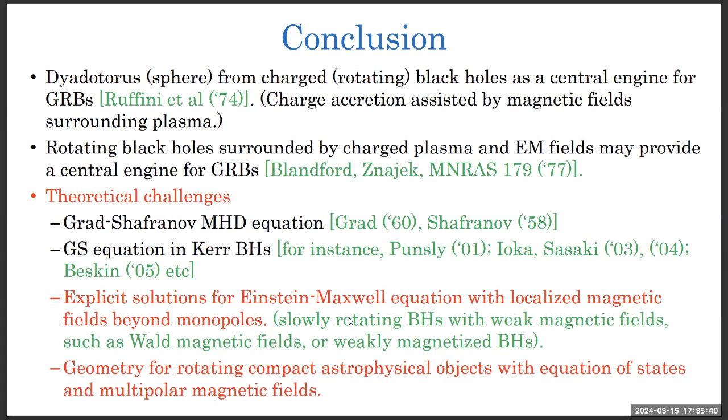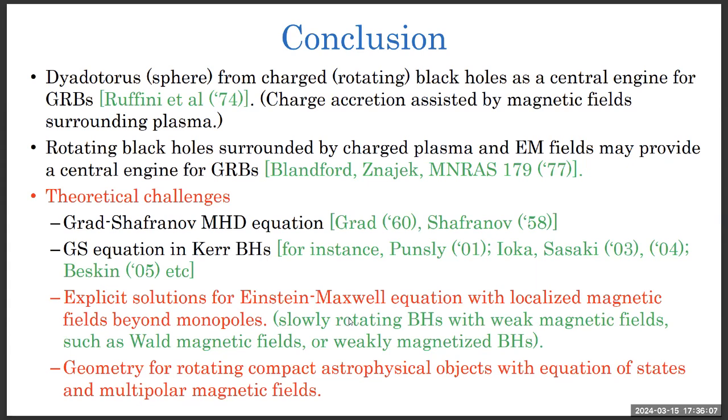It will be great, even greater than the Kerr-Riemann black hole solution, to have an analytic or explicit solution for the Einstein-Maxwell equation with localized magnetic field or electric field. Astrophysicists need this solution, because without it there is just approximation, the weak field limit, which is only an approximate solution.